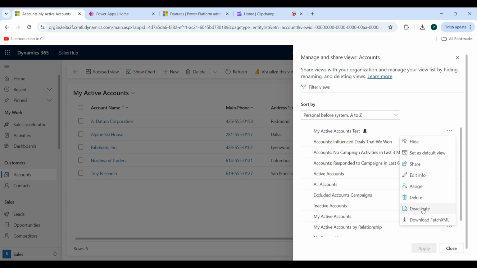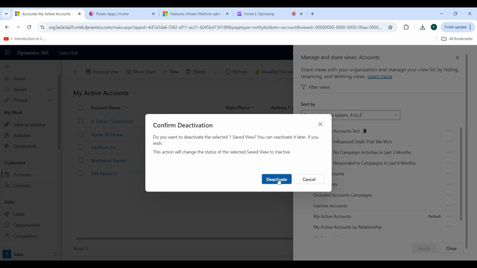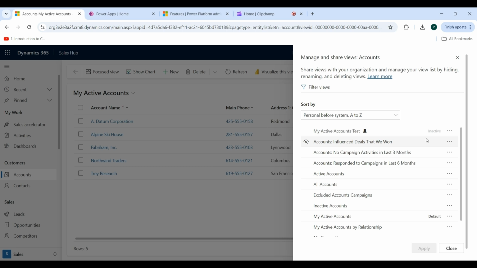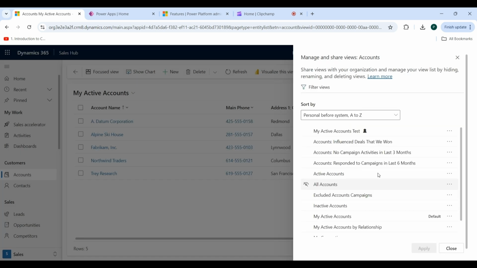If I click on the deactivate view option, then click on confirm deactivation. Now you can see here these views are now inactive. If you want to reactivate your view, click on the three dots again and then click on activate and confirm saved view activation. Then click on this button, and now as you see these are the active views.